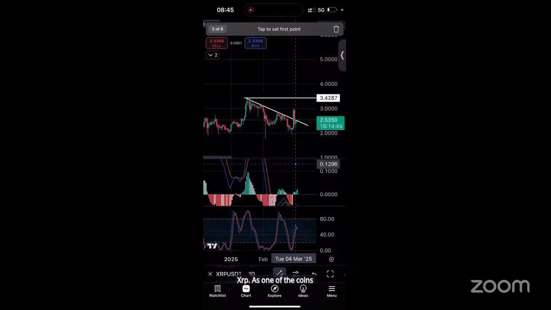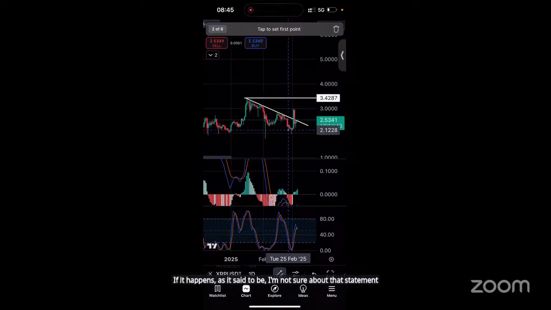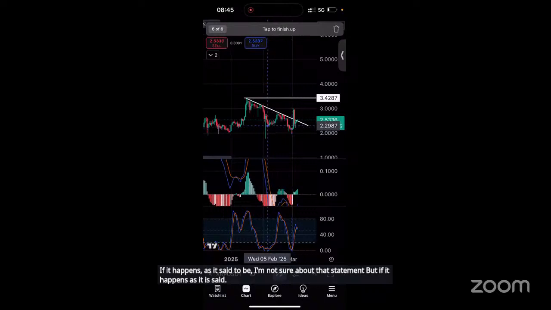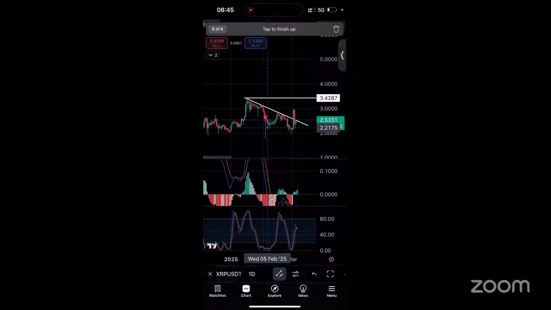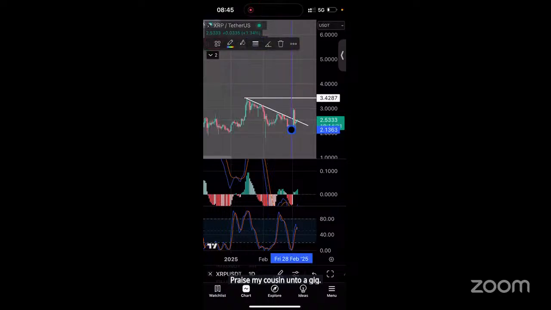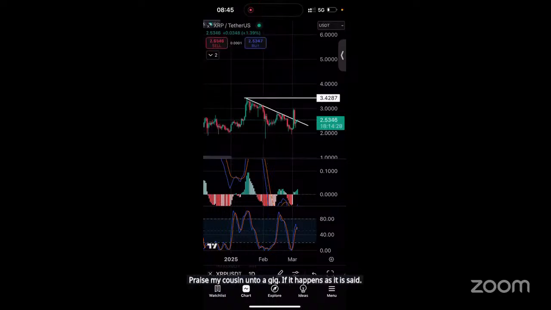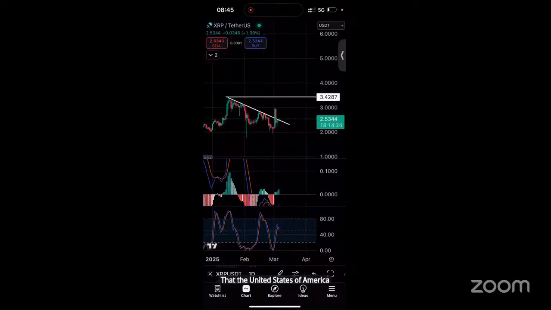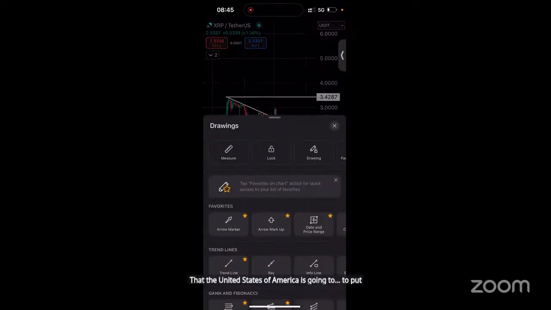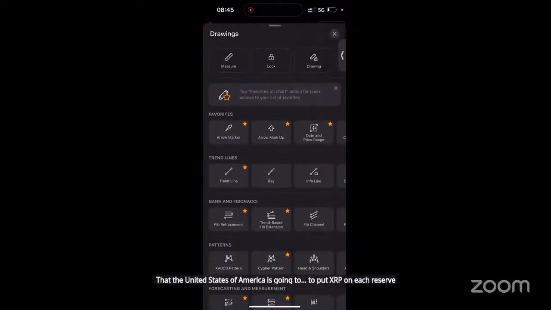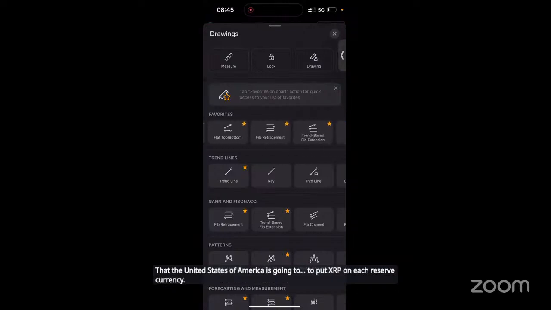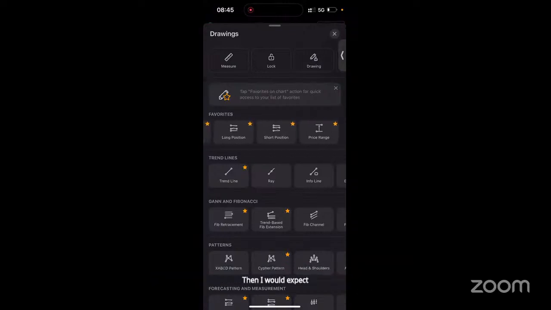If it happens as it is said to be, I'm not sure about that statement, but if it happens as it is said, that the United States of America is going to put XRP in its reserve currency, then I will expect XRP to break